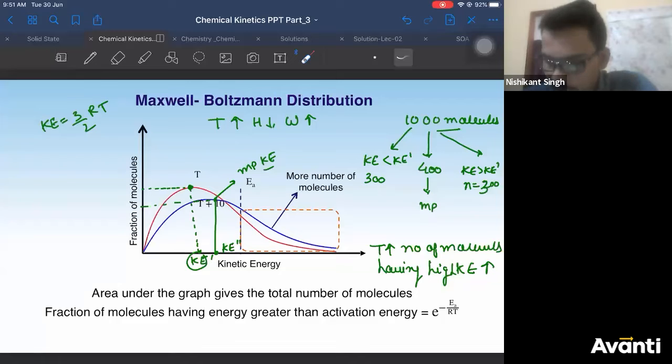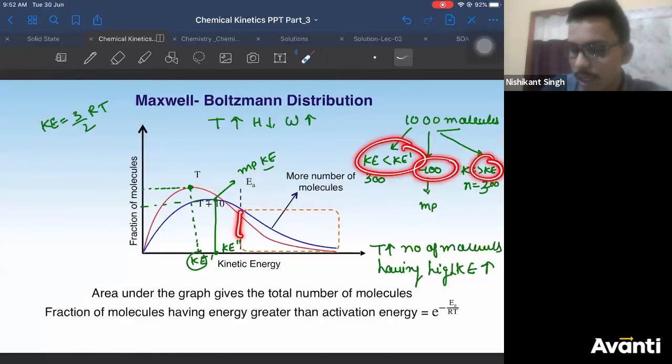Fraction of molecules is decreasing. What is the problem in that, Prashant? I never said fraction of molecules is increasing. I simply said as you increase the temperature, height decreases. That means the kinetic energy of the molecules increases, right? But the distribution will change now, right?